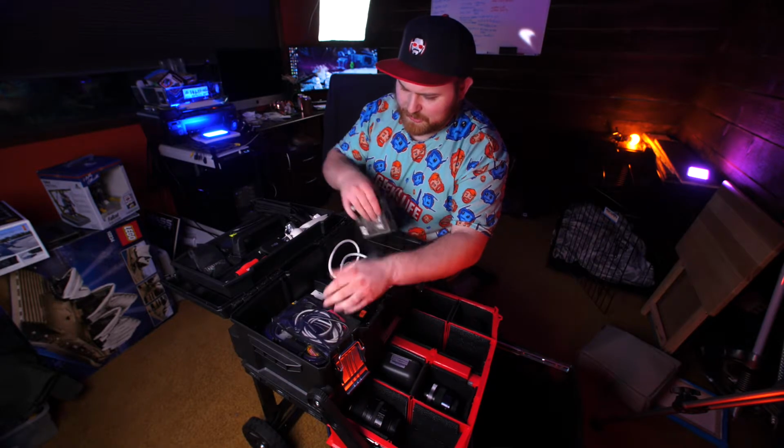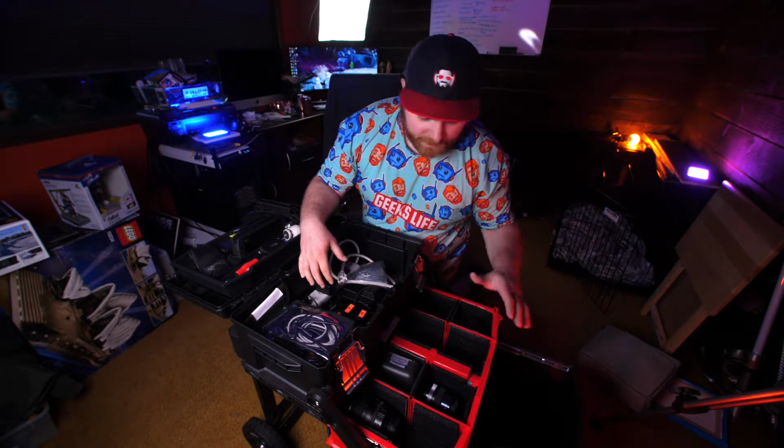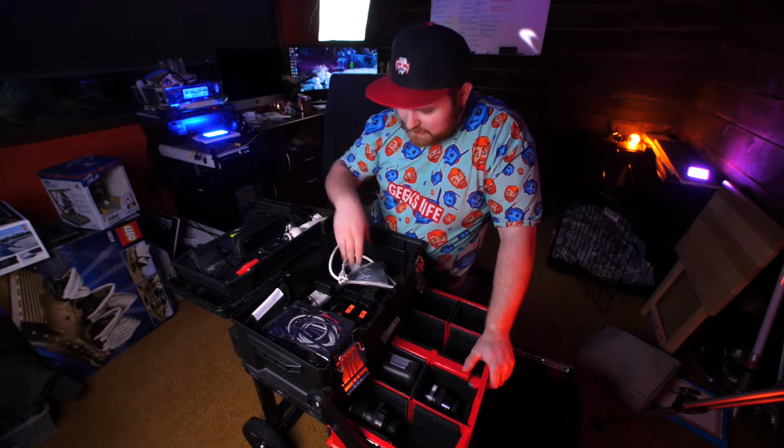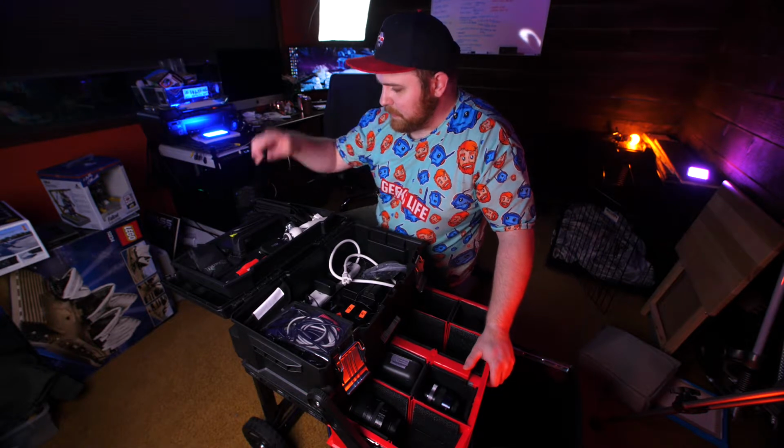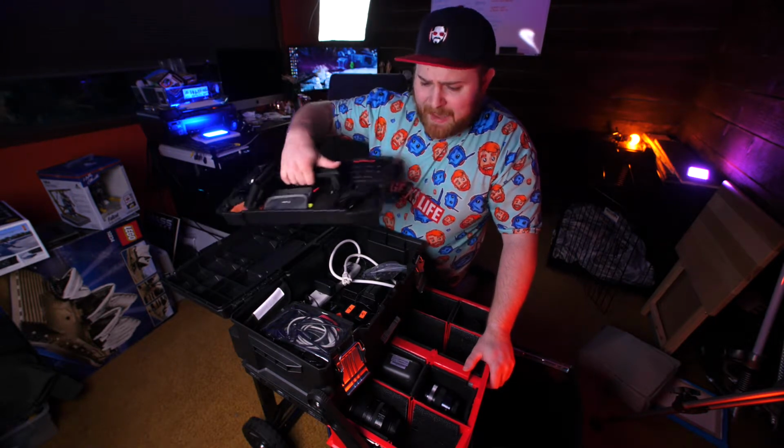I mean, I've got so much other random stuff in here. Maybe I'll do an entire video dedicated to how I rig this out for a specific job. I just wanted to focus on a couple key features of the toolbox, but I'm able to carry a lot of cool things. Something else I'm going to tell you about, this shelf thing,